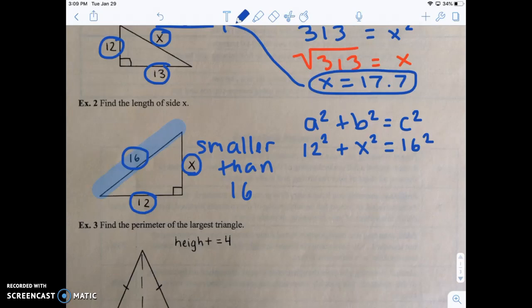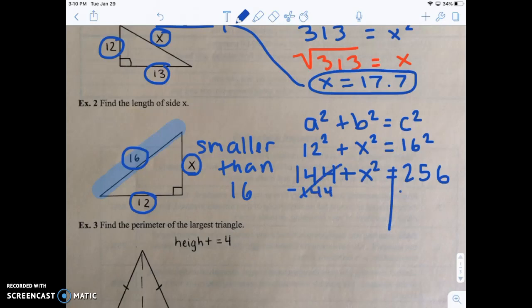I'm going to calculate what 12 squared is. I know that 12 squared is 144. And on this side I'm still going to have the plus x squared. And then I'm going to calculate what 16 squared is. I know 16 squared is 256. So now I'm going to keep solving the equation. If I subtract 144 from both sides, subtract 144 over here, I find out that x squared is equal to